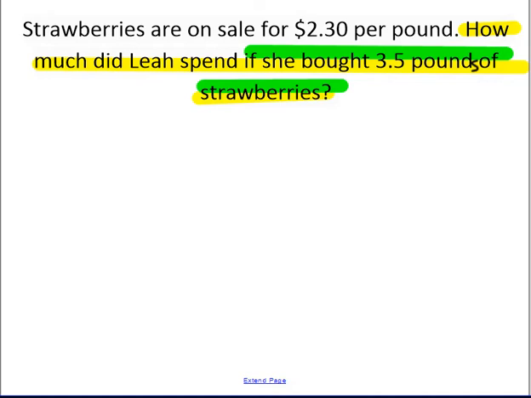And the reason why I'm highlighting that again is because that is again telling me repeated addition. Because she spent $2.30 per pound, but she didn't buy 1 pound, she didn't buy 2 pounds, she didn't buy 3 pounds, she bought 3.5 pounds. So I could sit there and add and add and add, but I could also just multiply, okay? So 2.30 times